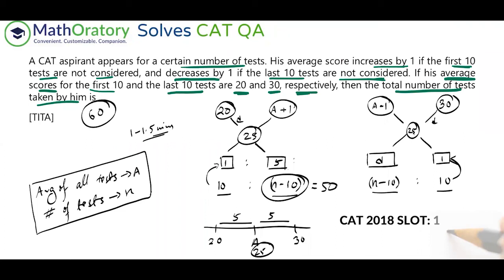Or if you feel that I'll leave it as of now, I've understood the idea, I'm not very confident how much time it will take to actually solve, that might be a smart decision, and you can actually solve this in round 2. So this question, I would say okay to solve in round 2, because in the first round you can just mark this question. If you understood the picture, or you visualize the idea, whatever is happening, mark it for review and move along. Don't solve it during the first scan.